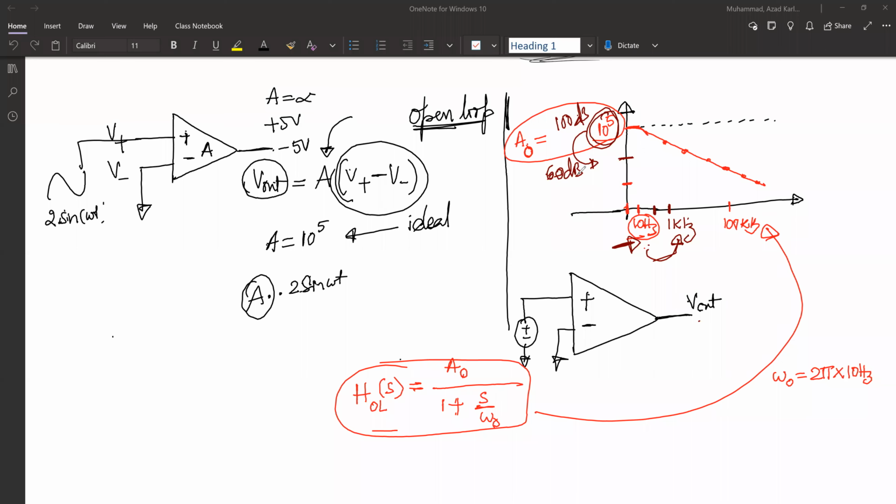So I want to build amplifiers which have higher bandwidths, basically something like until here or something, so that I can actually have higher gains until that frequency, right? So how to do that? That is where our closed loop behavior comes into the picture. So let's quickly try to consider